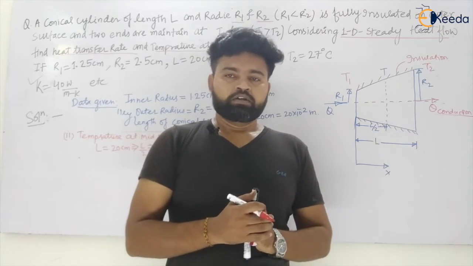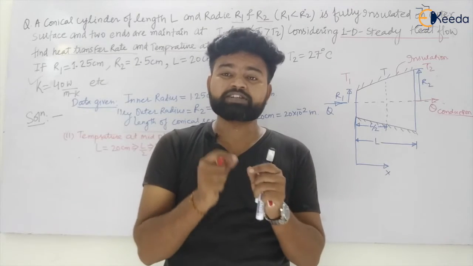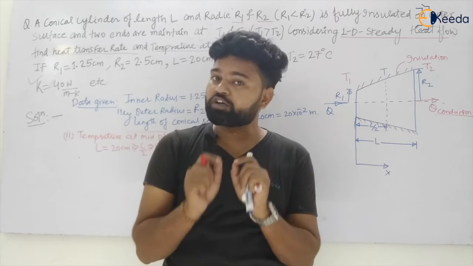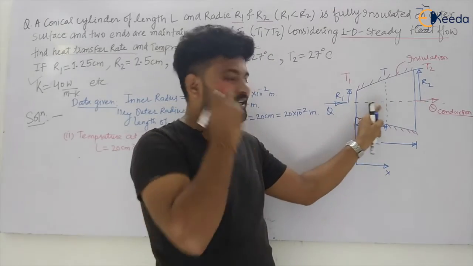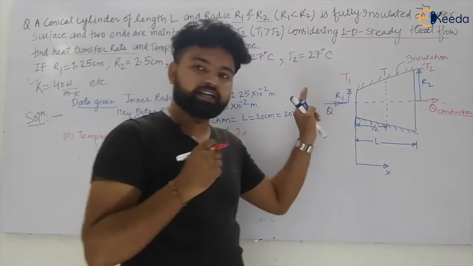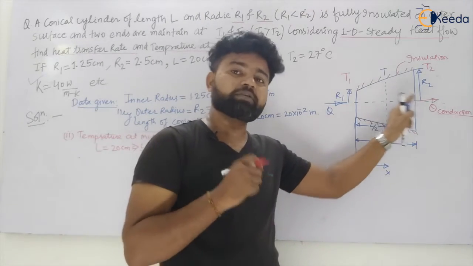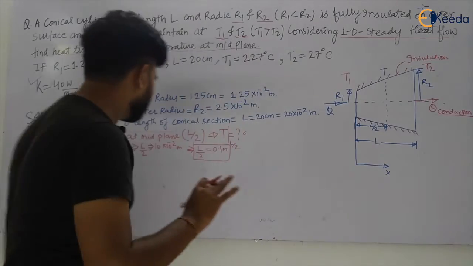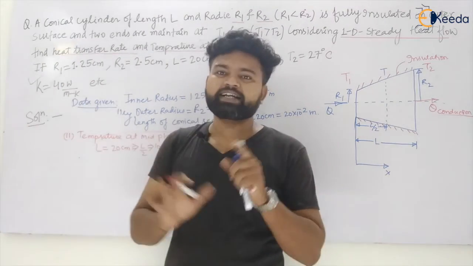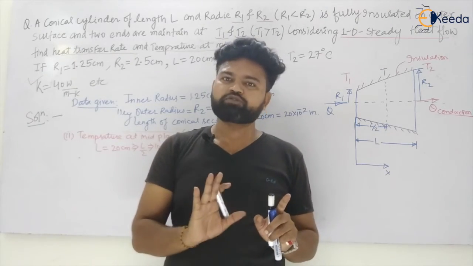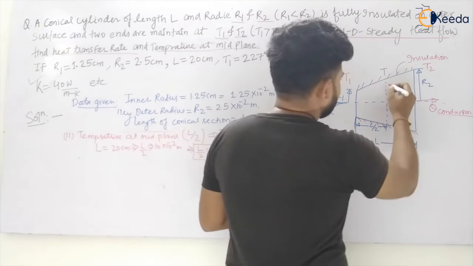Yes. So my dear students, this is your one-dimensional steady state heat transfer. So heat transfer will not change. It will be continuous throughout. It will be same throughout. So at the mid plane, the heat transfer will be 39.2, and at the first it will be 39.2. At R2 also that will be 39.2. So the heat transfer will be same. So if you don't remember the formula, you can directly integrate, or if you remember the formula, you can directly put the values. Okay. So what will be R here at L by 2?